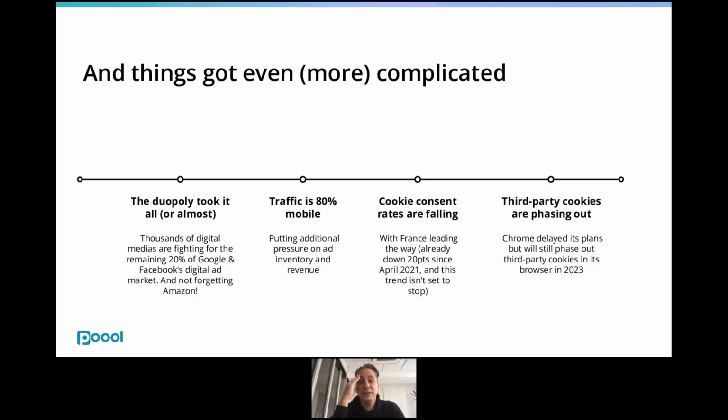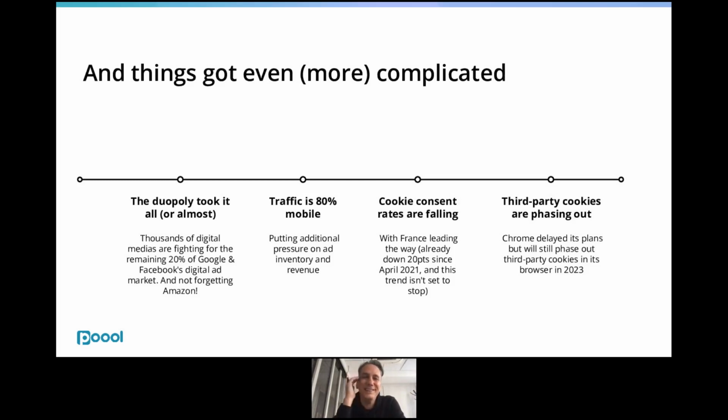Another factor is that cookie consent rates are falling. Especially in France, as you can hear with my strong accent, there's been a change of law which requires publishers and brands to offer consumers the ability, at the same level, to accept or refuse personalized ads. But we see that coming up in different countries. Finland is following the path, and many other countries are following. So we know that this trend, which has been impacting consent rates by 20%, is not just in France. It's going to follow in other countries in Europe and maybe in other parts of the world.